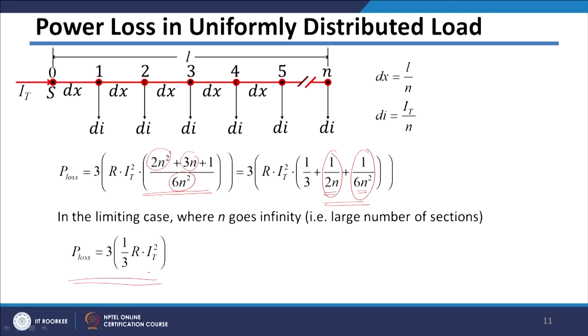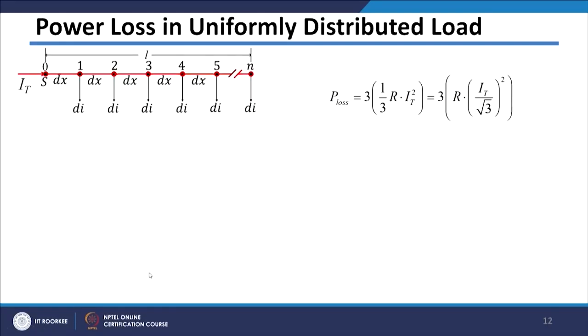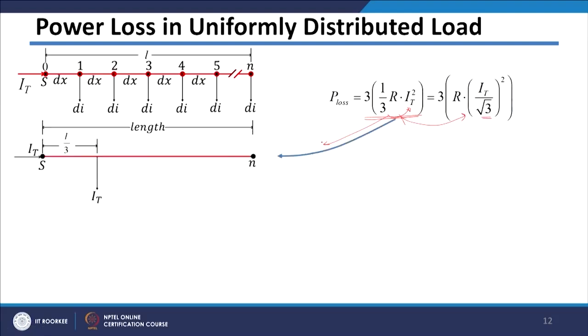So, let us say we want to lump the load at only one location. After seeing this equation, this same equation I can write by taking this 3 into divided by IT square. So, in that case it will become root 3 here. So, both these terms are same here. Now, when we lump the load using this equation, I will get this figure. So, this equation tells me